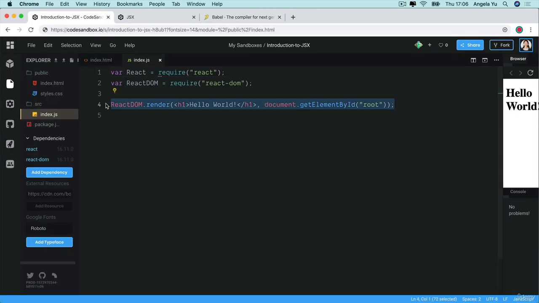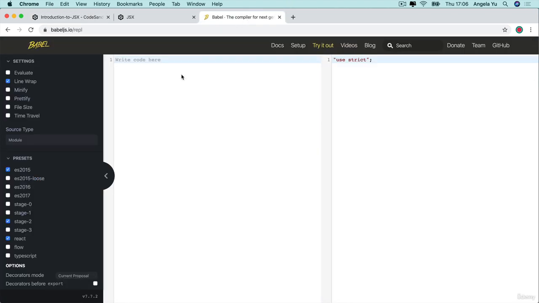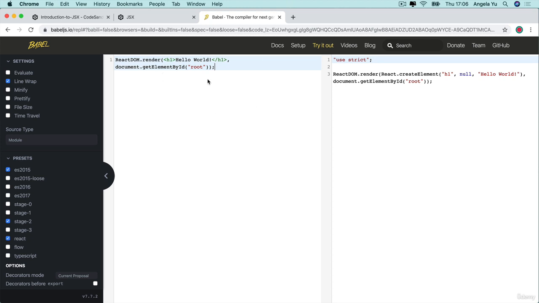So for example, if I go ahead and just copy this line of code that I've written on line 4 and I paste it in here on the left, you can see that once Babel has done its job, it converts this into an actual line of JavaScript code. And it's able to create this H1 on the screen by using that createElement method that comes from vanilla JavaScript, which we've already seen before